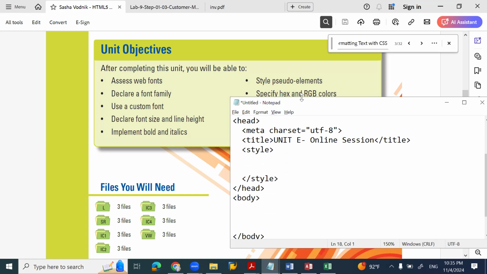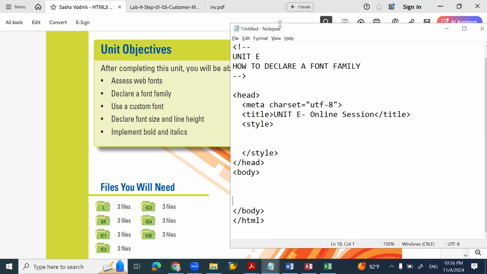Now, so we are declaring the font, right? We are declaring the font. How can we,